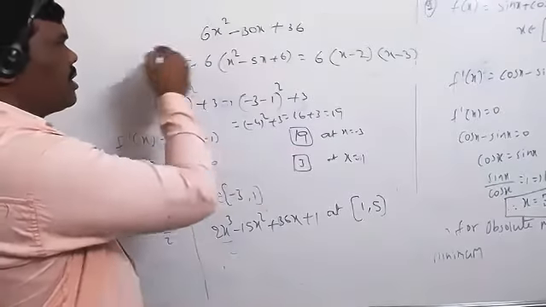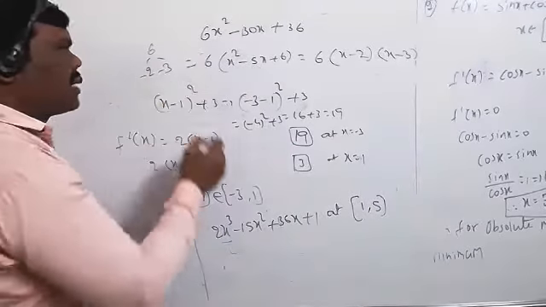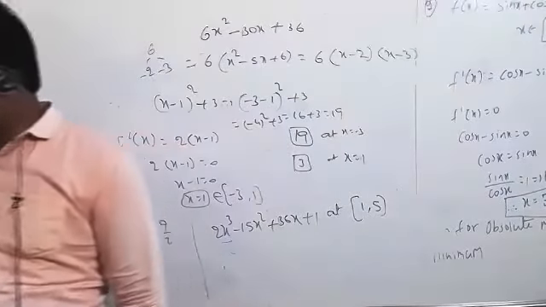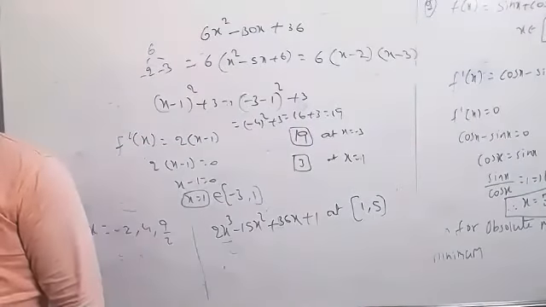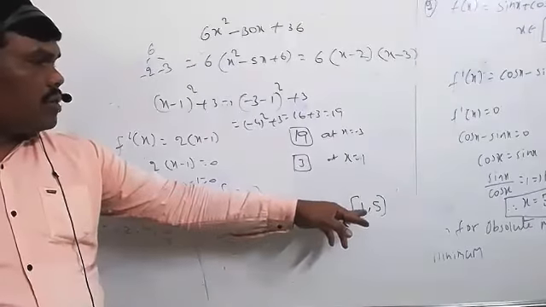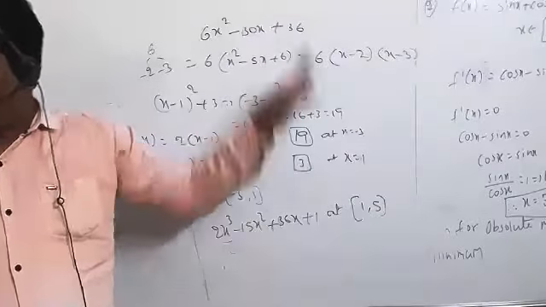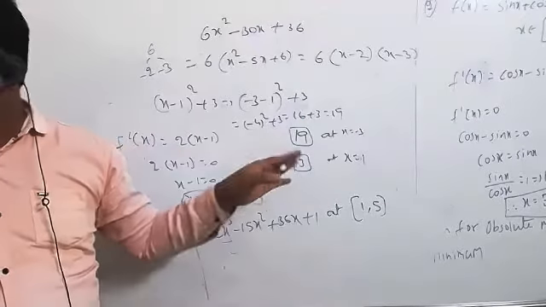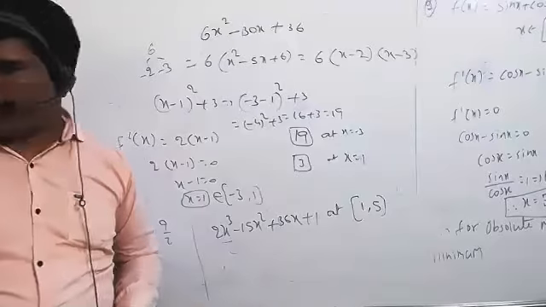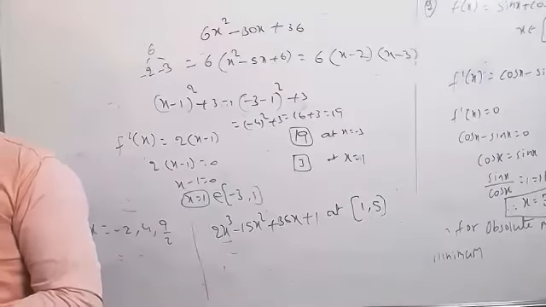Here now, 1 into 6 equal to 6. The factors of 6 are 2 into 3, minus 5 required, now minus 2. Got it, sir. Yes. That means x equal to 2 and x equal to 3 we are getting. And along with these two values, x equal to 1, x equal to 2, x equal to 3, x equal to 5. These are the 4 points, 4 values, where we have to find the f of x value. Then identify the absolute maximum and the absolute minimum value.